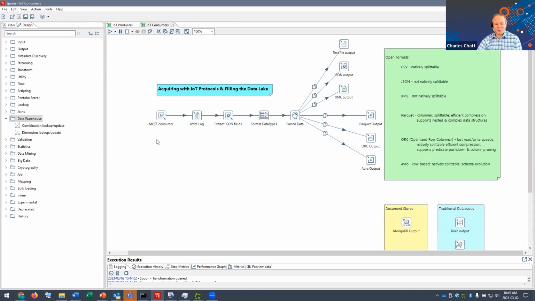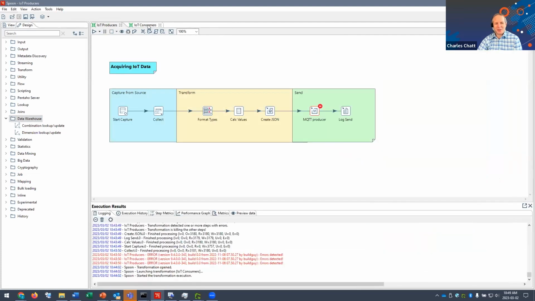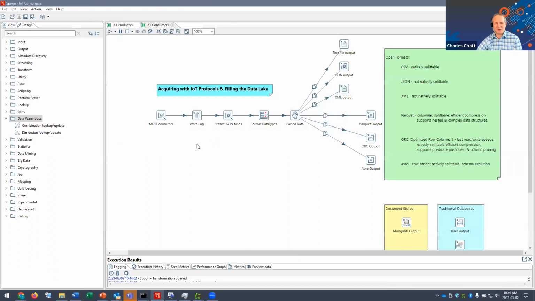So this is just a short example of two use cases to produce. And then once you've produced it, or put it in a native IoT-type protocol, here's how you can read from that and use it to fill your data lake in a more contemporary format. Okay. So this is one piece of the offering that Steve spoke about when he talked about that orchestrated pipeline, right? How do you onboard this data into the data lake?